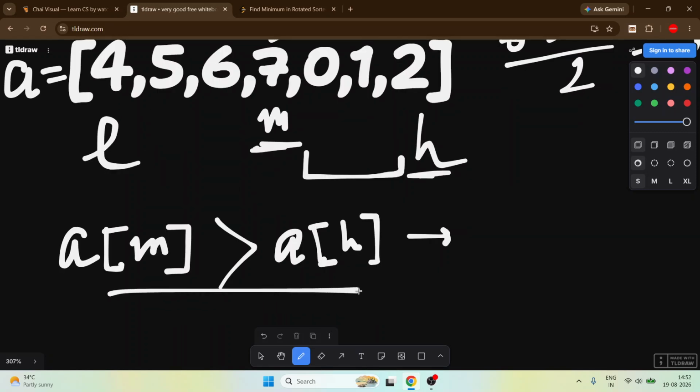So when this condition occurs, we search in this portion. How do we search in this portion? Our low will become mid plus 1.